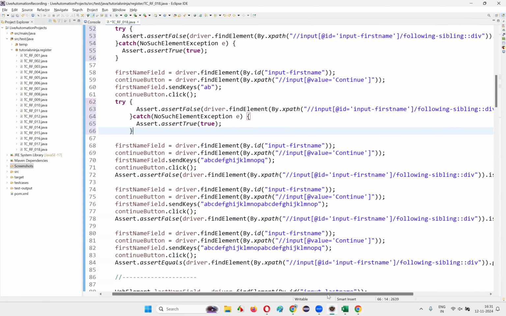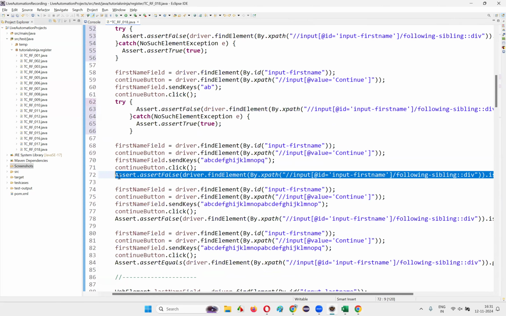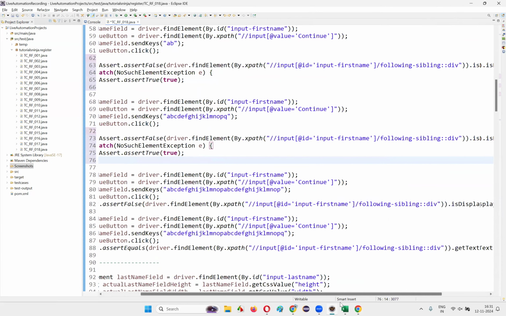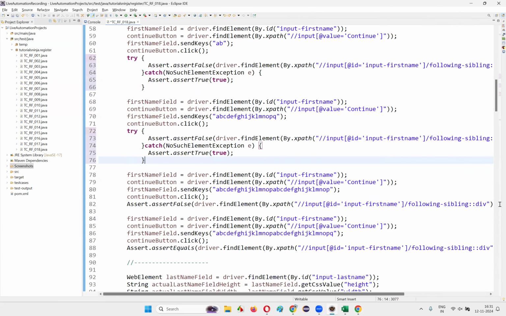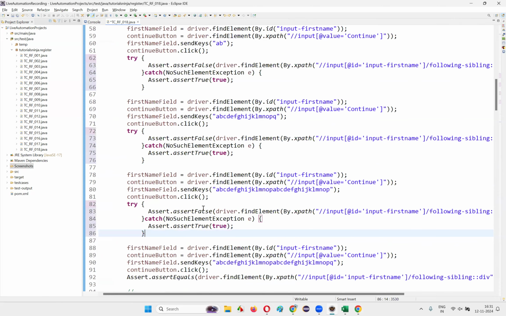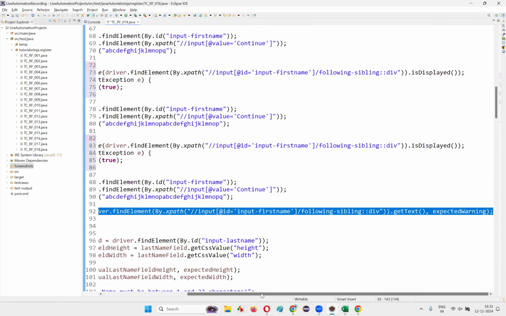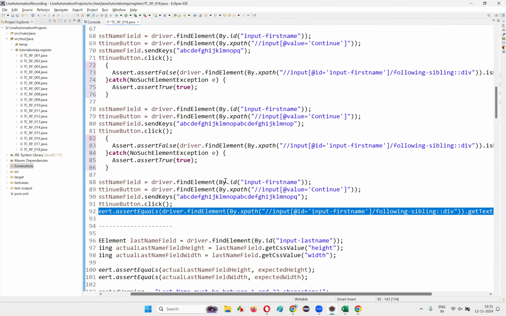That's where it is displayed. Yeah, here. Just write that code. Again, is displayed. Write this code. Then here, expected warning is a different thing. It will come. That's okay. But